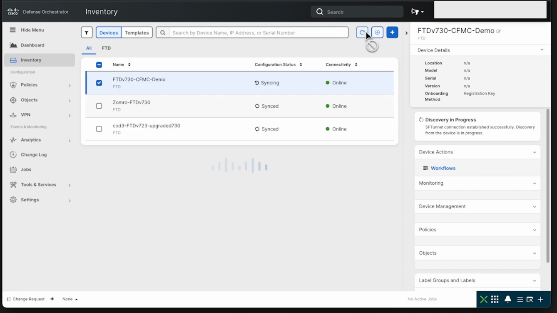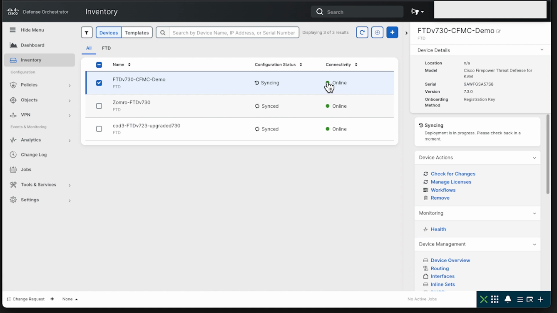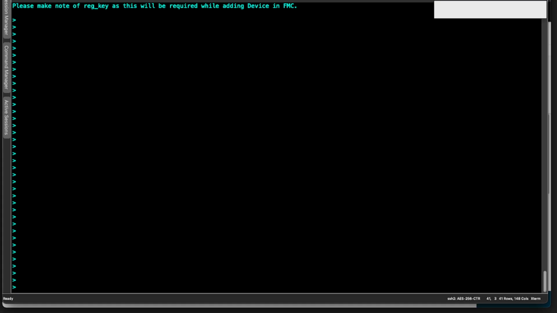But if we do a refresh now, we can see that it has gone online, right? And deployment is in progress and it is in a syncing state, right? The synchronization state might take some time, so we're gonna head over to the command line. There are a couple of commands that we can use on the command line to do